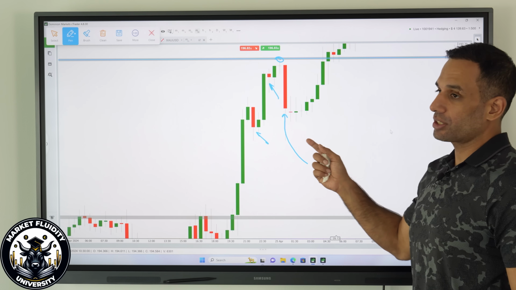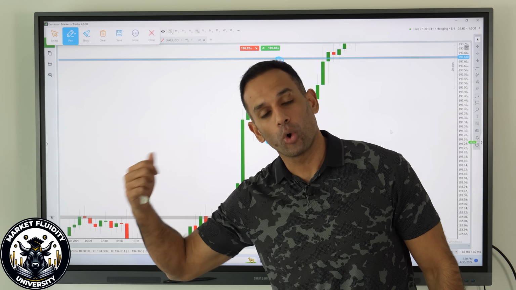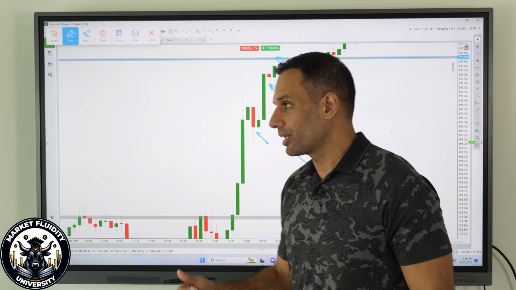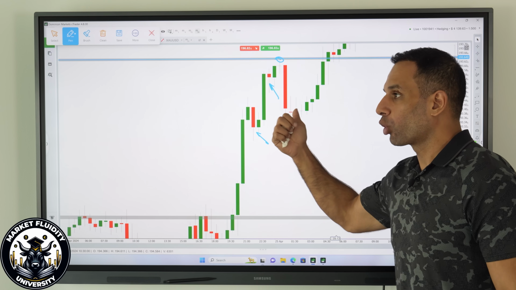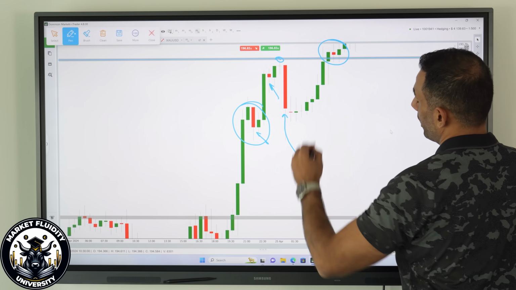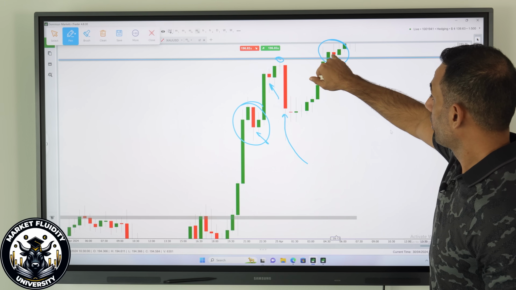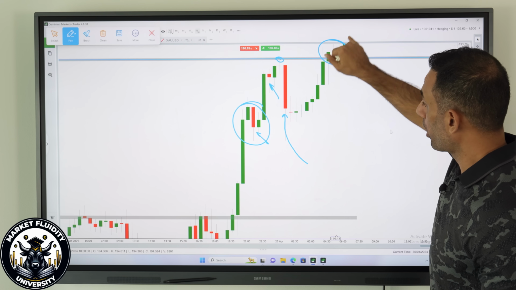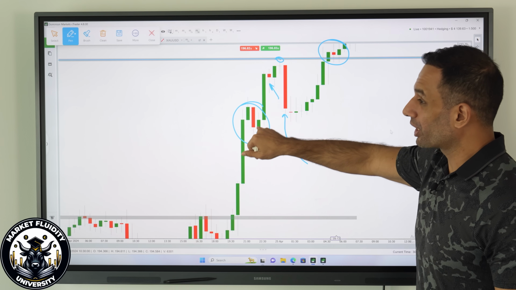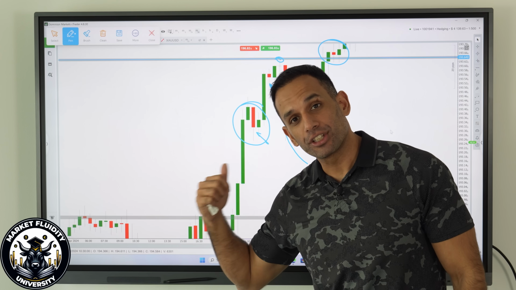When this sell works, you tell yourself, okay, this is going to happen over and over and over again. But the reality is, this is not going to happen over and over again. This right here, and even this right here, is what's going to happen over and over again. Because right here, bearish candle form, we continue to move up. Right over here, bearish candle form, we continue to move up. So more often, you're going to have the trend continuing.